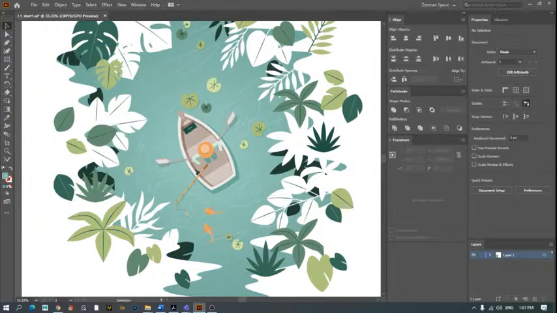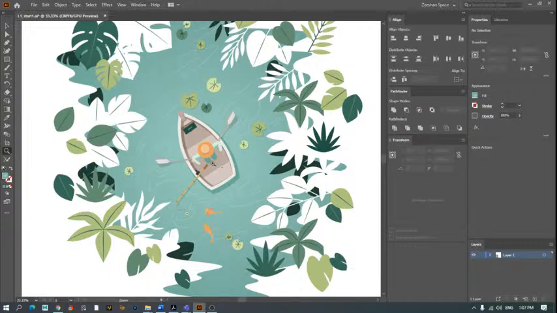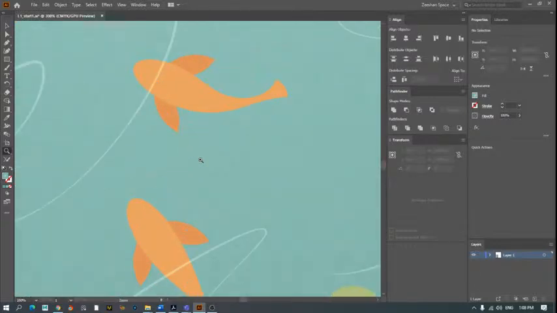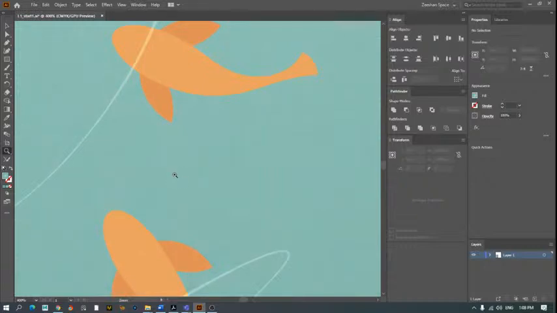The other thing is that we have here a magnifying glass. I can take the magnifying glass and click on any object that I want to zoom in on. Suppose I have these two fishes here, I want to zoom into the fishes. So I can keep on pressing on the fishes, and I can zoom in. But if I want to zoom out, how will I zoom out? I will press Alt on my keyboard if you're using Windows, or Option if you're using Mac,